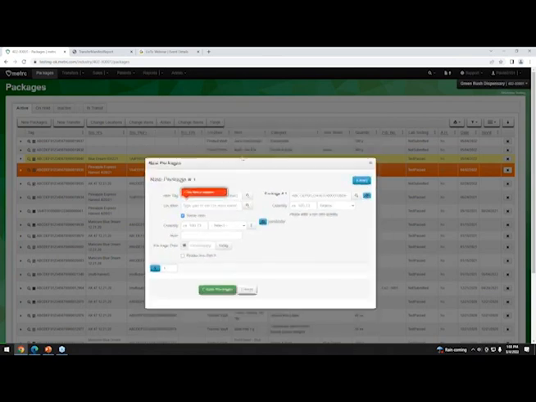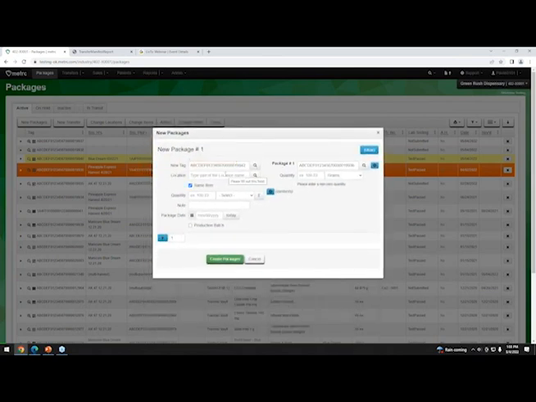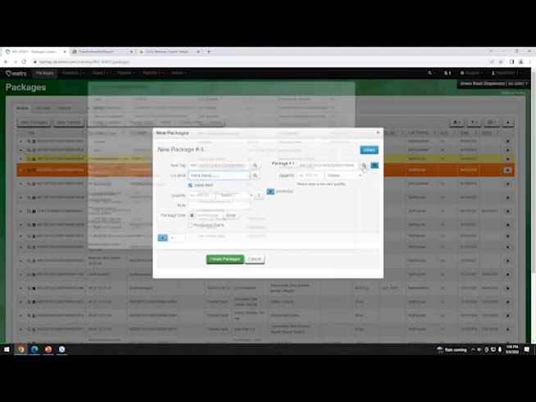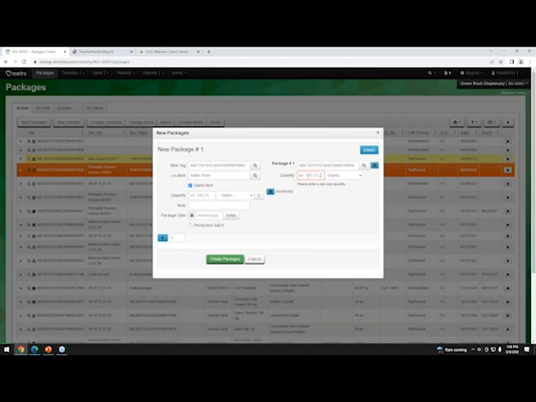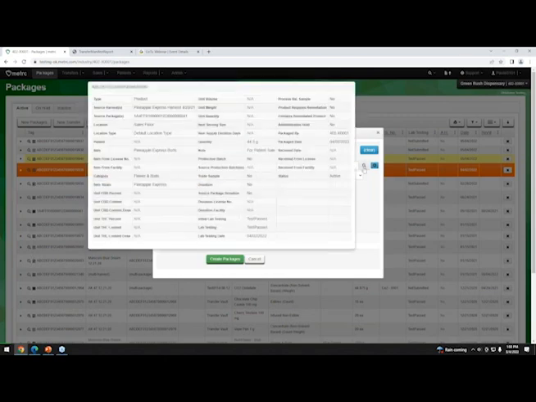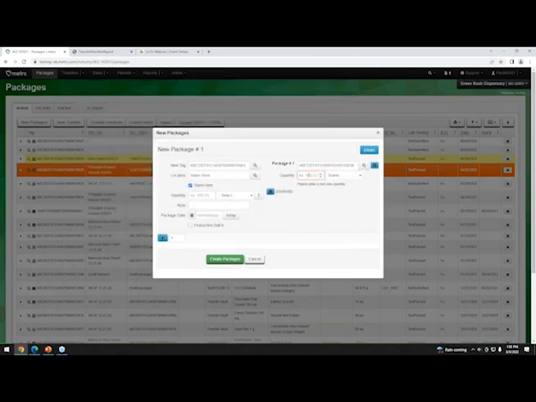So you can select the same item and all of that information will just transfer. When you are creating new packages, what's on the right is the source package. You see that magnifying glass, it'll show you all the information about it. We need to look at how much is in there, 44.5 grams. So put 44.5 grams in there.